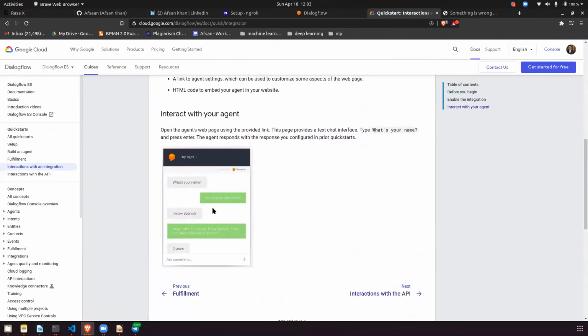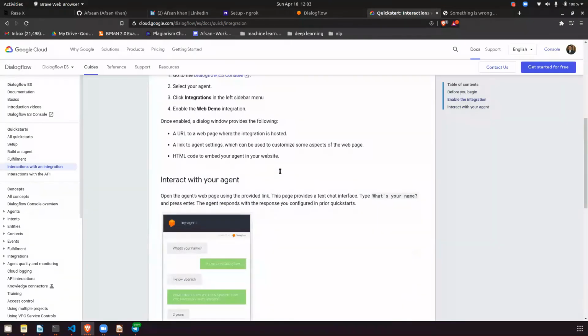On many sites you will see it like this, so it is very easy to integrate. See, a URL to a web page where the integration is hosted, a link will be generated for you once you enable web demo integration. But why is it not giving it to me? Let me check.